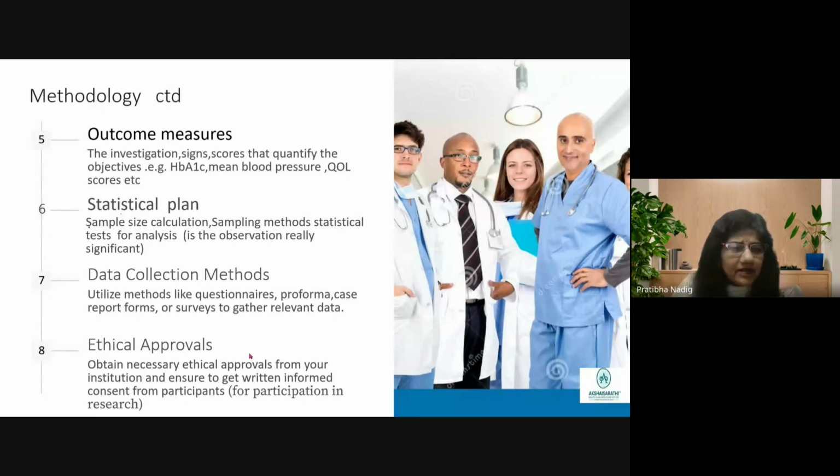We need to discuss with the statisticians. Then we must describe, I think I've already mentioned this, data collection methods, and then talk about ethical approvals, extremely important. Unless we get approval by the ethics committee. Every institution will have a scientific committee which will go through a proposal and make scientific comments or changes in the design. And the ethics committee will go through your method of approaching the patient, whether you want to take an informed consent. Is the patient's life at risk? Is his confidentiality affected? Is his privacy affected? Is his safety affected? So the ethics committee is mainly concerned about patient protection.